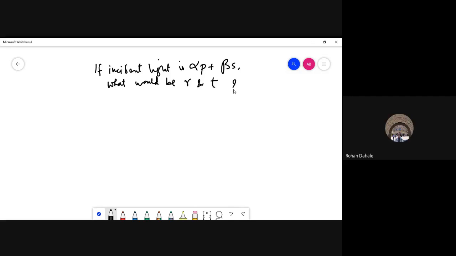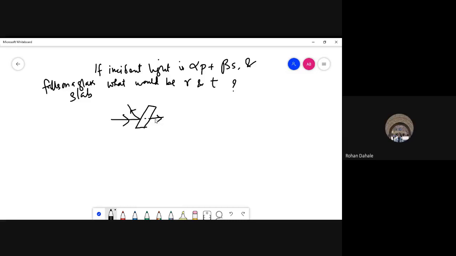Sir, if we have the polarized beam splitter, then we can measure the reflectance. No, Rohan, that is not my question. So basically, light is incident and falls on a glass slab. You have light falling on a glass slab, but it's not of a fixed polarization. It's just getting reflected. So what will be the R and T ratio?